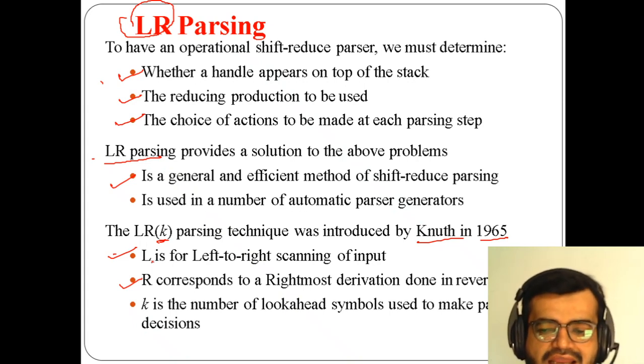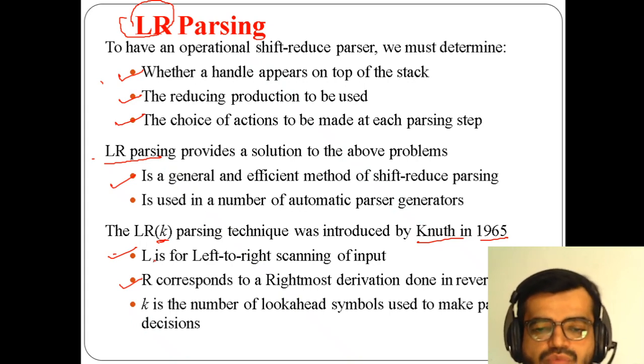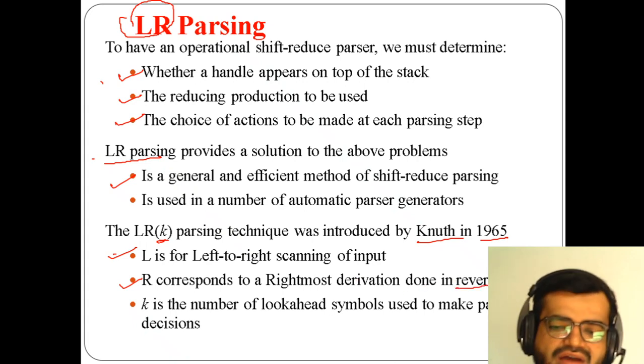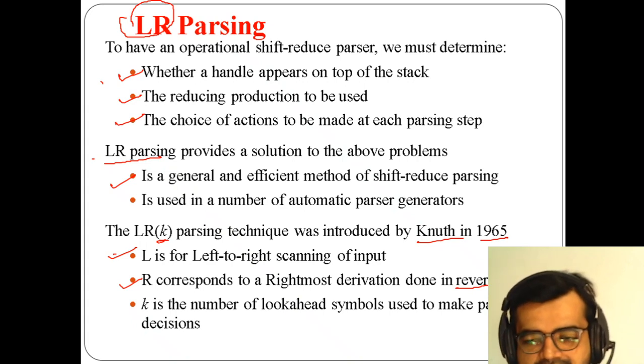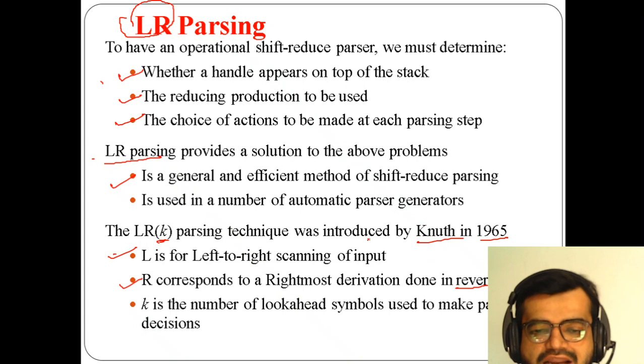Previously in top-down parsing we have seen LL parsing, which means leftmost derivation, but this bottom-up parser uses rightmost derivation. The most important thing is that it uses the rightmost derivation in reverse direction. Why in reverse? Because it is going from bottom to up, from the terminals to the start symbol. As it goes in reverse direction, the rightmost derivation needs to be performed in reverse. So this R indicates rightmost derivation.